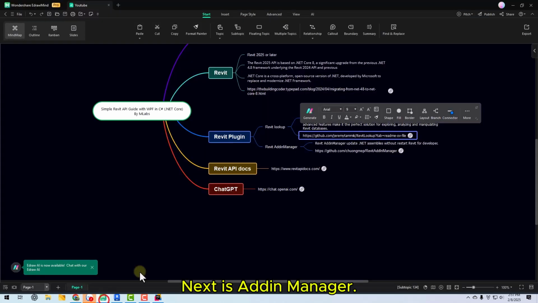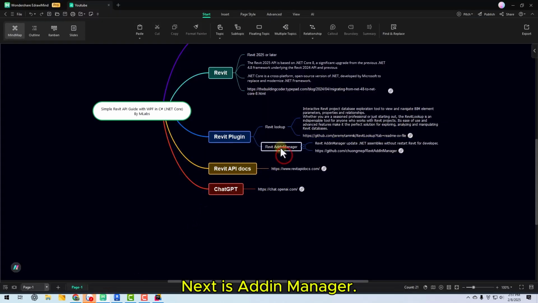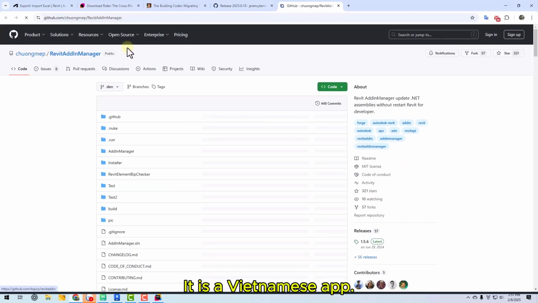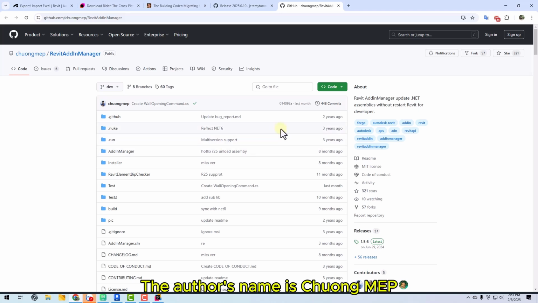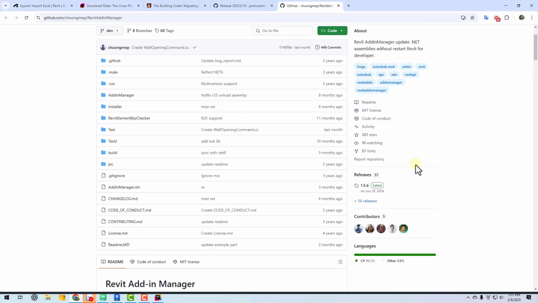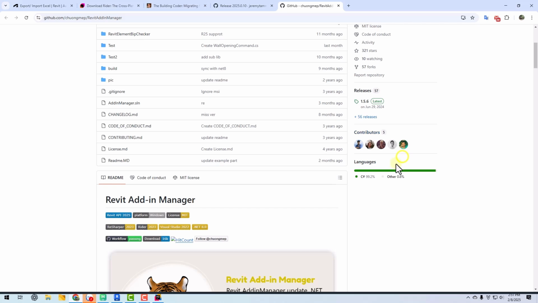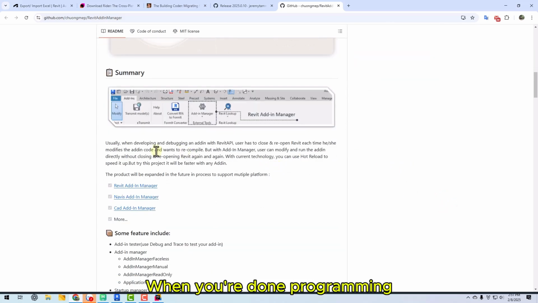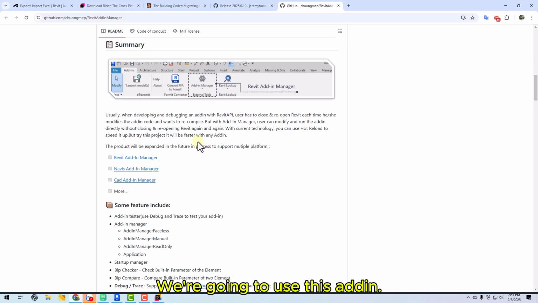Next is Add-in Manager. It is a Vietnamese app. The author's name is Chuong Mep. When you're done programming, we're going to use this add-in to run the program. It doesn't take time to debug,